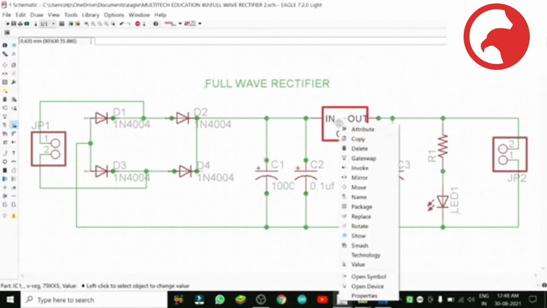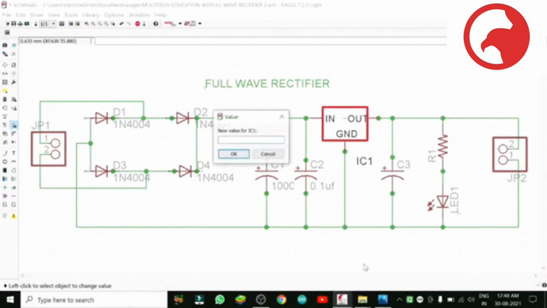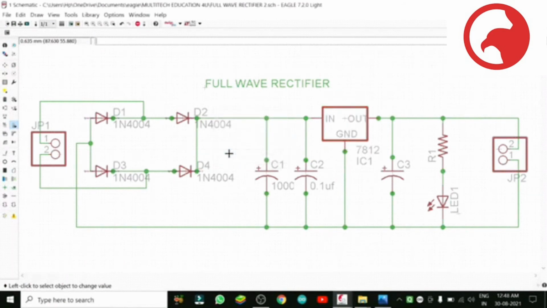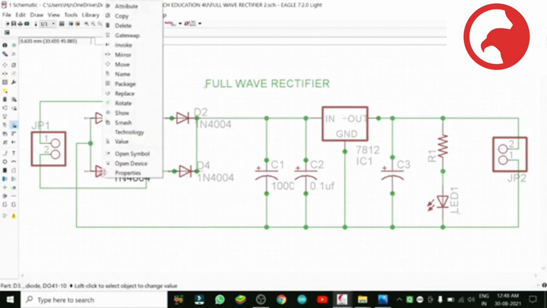Now click in the center. It will ask, you can select value and give it a value. So this is another way. Whichever way you prefer, you like. So this is the shortcut. Directly on the symbol, right click and the value screen will appear. Select the value and put it there. You see.